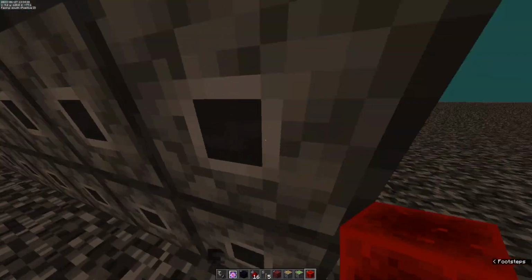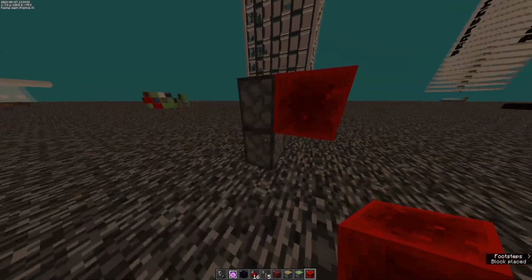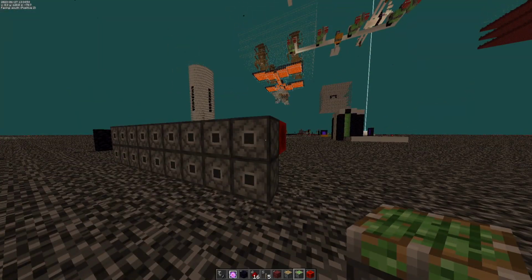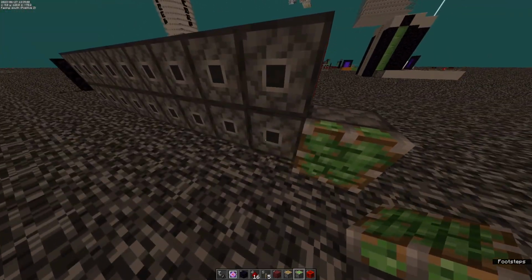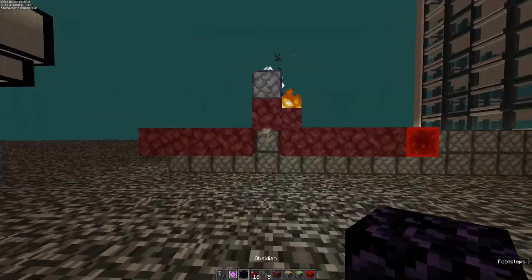Now the cool thing about this is that if you want to extend this line, all you gotta do is then put down a redstone block right there, so that this remains shooting forward. And because this is still activated, when I put a block right next to it, it won't update the bottom because there's no bud for it to activate. So now we can put down another 9, set this entire thing up,